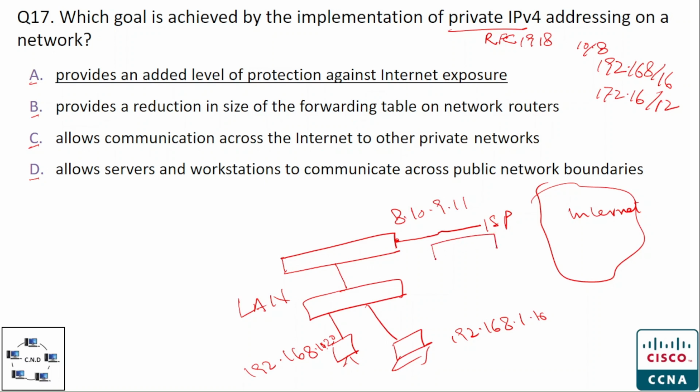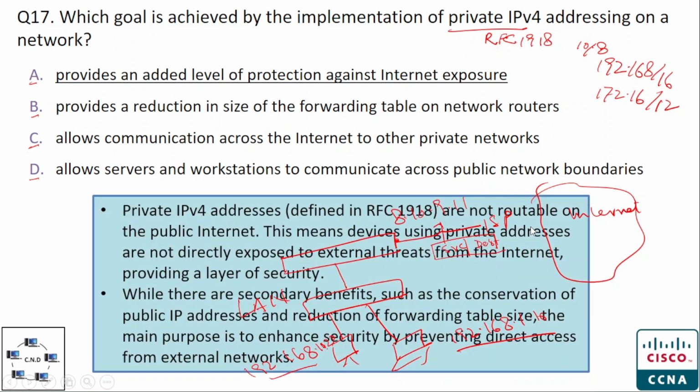When a packet moves to the internet, the source address will be this one. The destination may be any internet destination such as YouTube or Google. That's why we say that these addresses are private, they are not exposed over the internet,